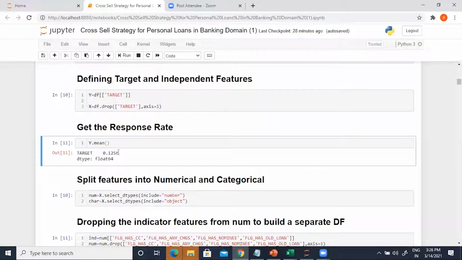The reason why I'm checking the event rate is because I want to be aware of the average event rate in the absence of the model. So in the absence of the model, 12.5% is what my success is going to look like. When the model comes into play, I want to be able to identify different groups of customers where the success rate is much higher than 12.5%. Is that clear to everyone, or any questions you have?